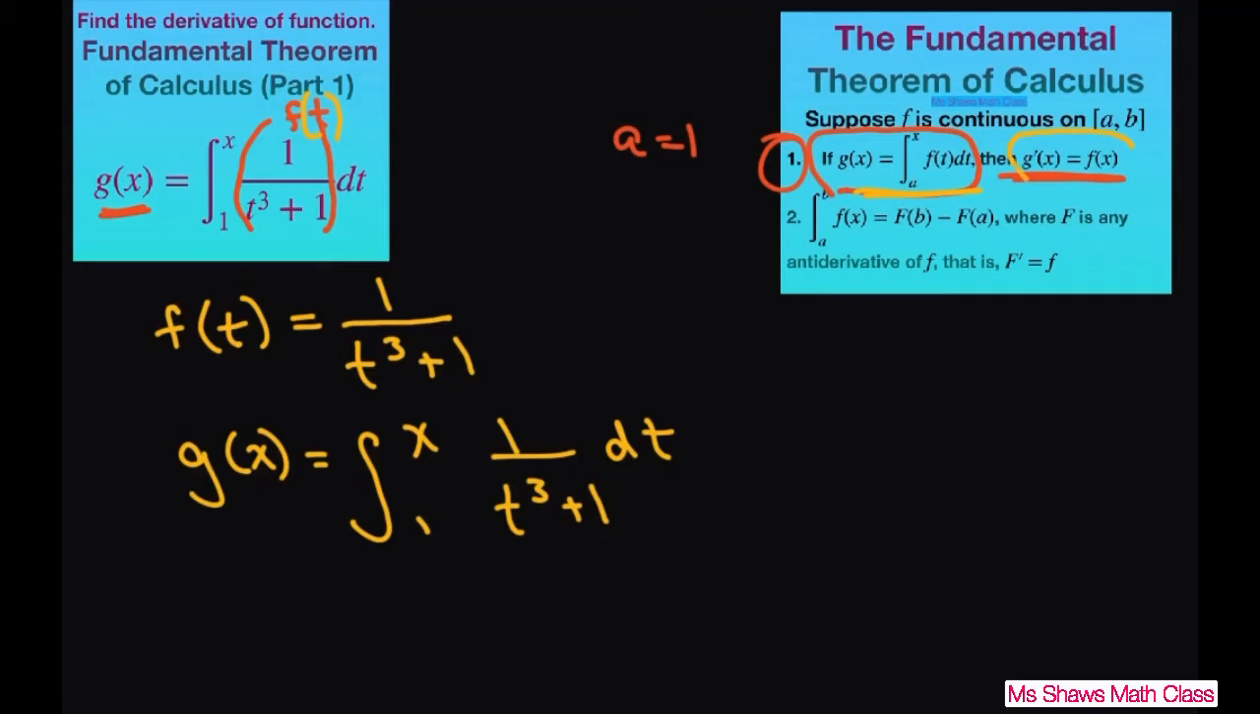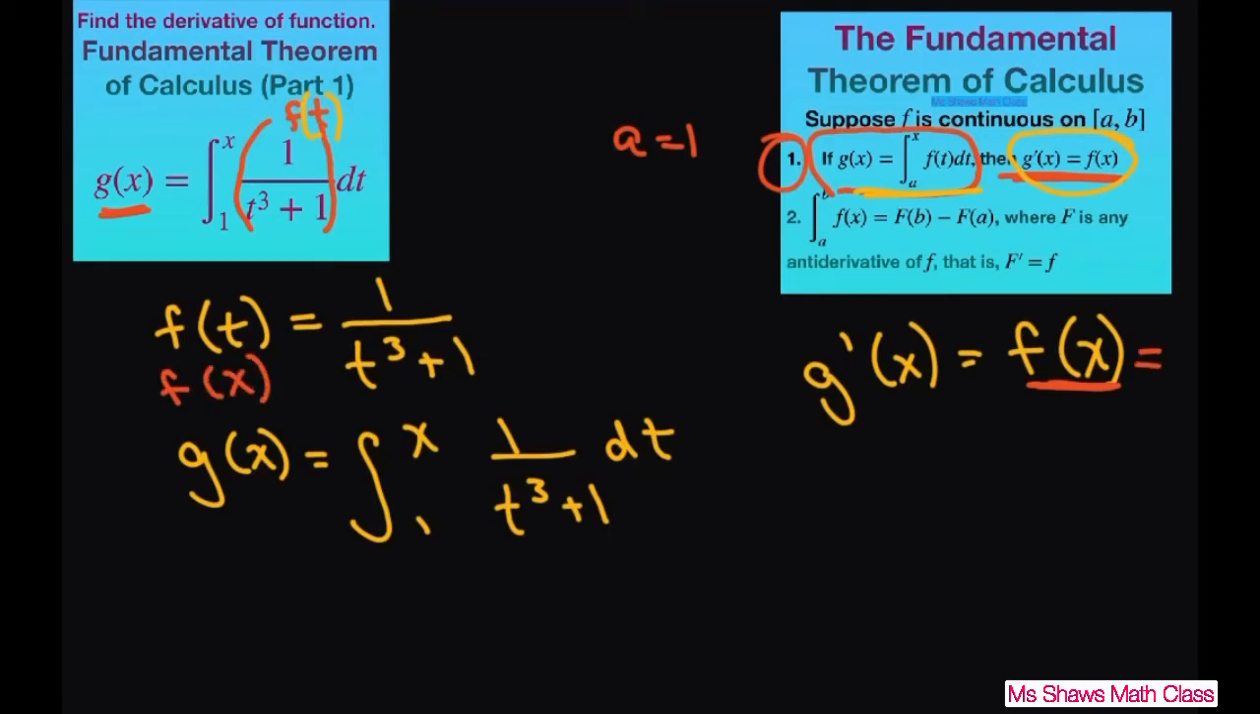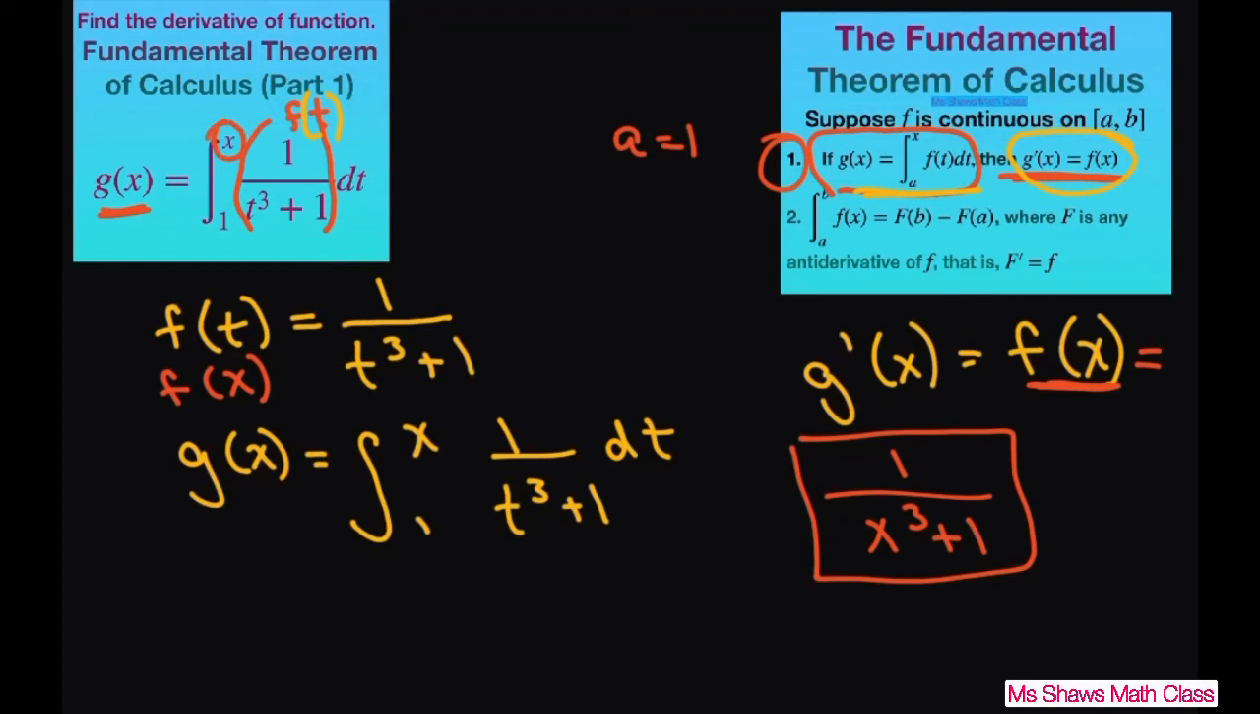Now it just says that g prime of x equals f of x. So since we're already in format, all we have to do is take our f of t here and write it as f of x. So this equals 1 divided by x cubed plus 1. So that is your derivative. It was already in format. You always have to have an x right there, some a here, and then we want our f of t